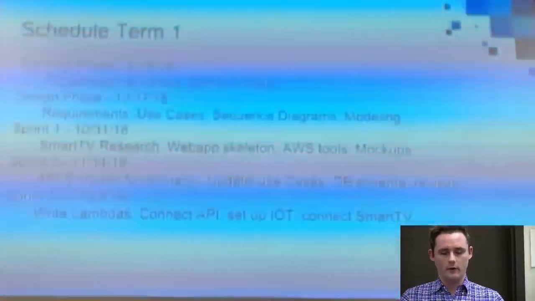So this is kind of a general plan of what occurred over the semester. We started with our planning phase, where we gathered our project plan up. We did our synopsis on what our product was going to be, and then we started to put together a domain model. So then we moved on to our design phase midway through September, and this gave us